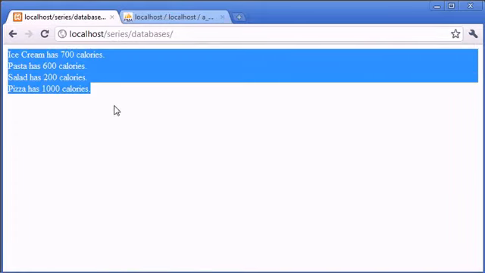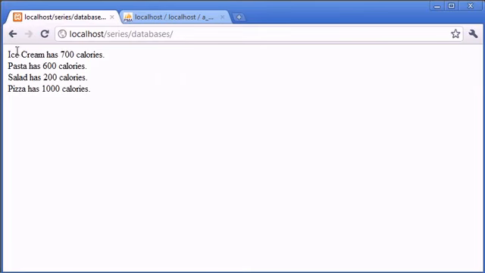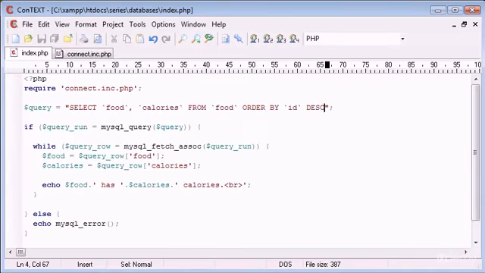So I've refreshed, and that's been updated, and you can see that it's still in descending order. We've got ice cream, pasta, salad and pizza. So now what I want to do is modify my query to work with only healthy food. So I'm going to say